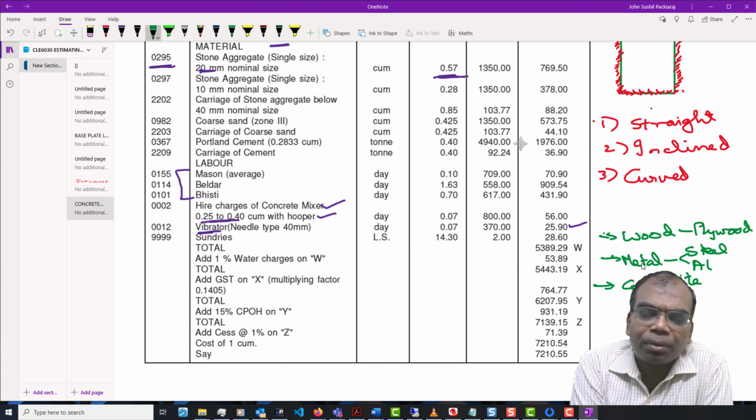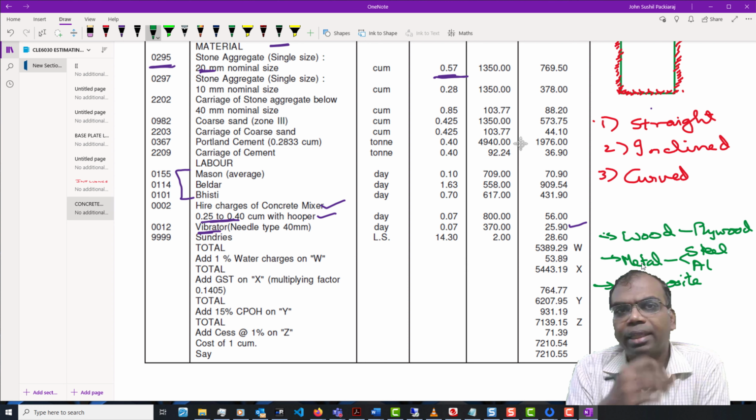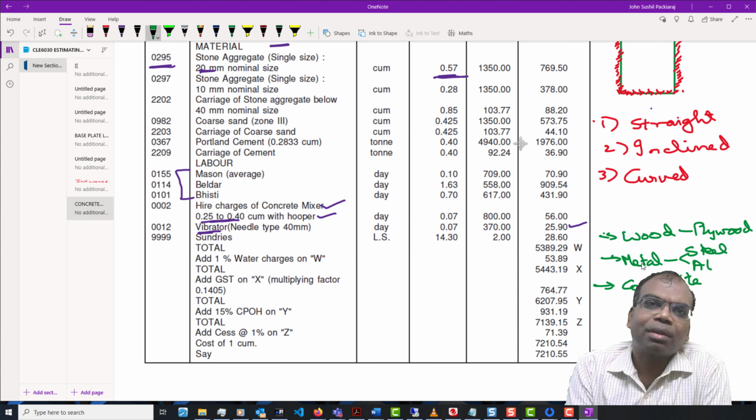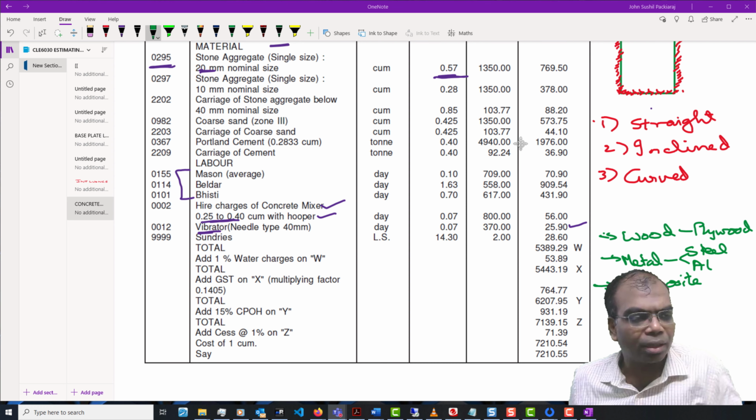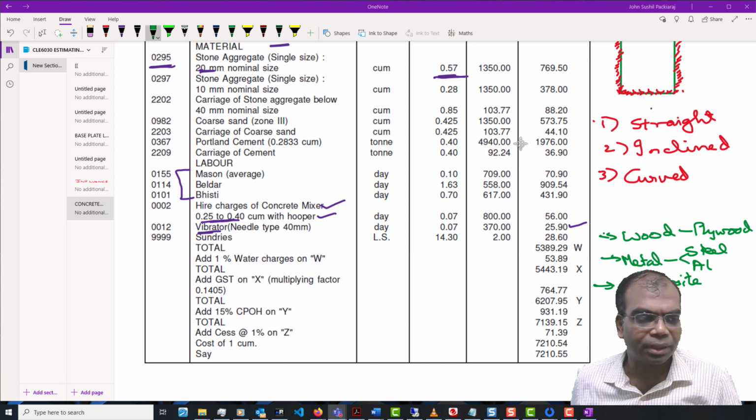Many proprietary systems have come, either aluminum or steel, in the way the shutter is placed and the way it interlocks with different things. These are some of the advances which have happened in today's date.